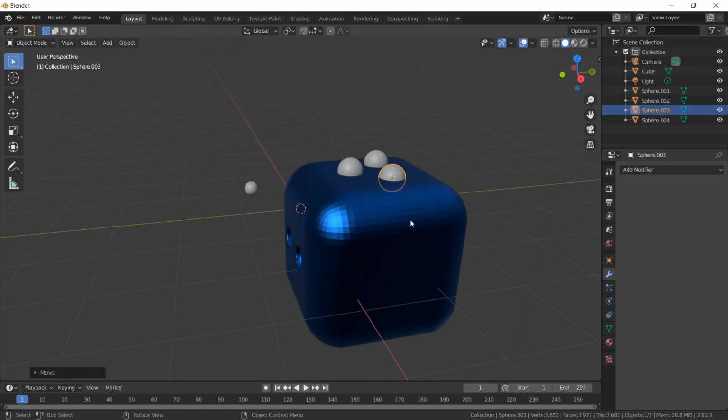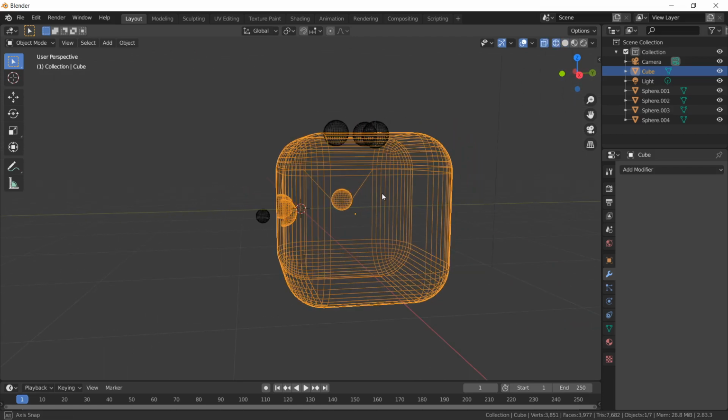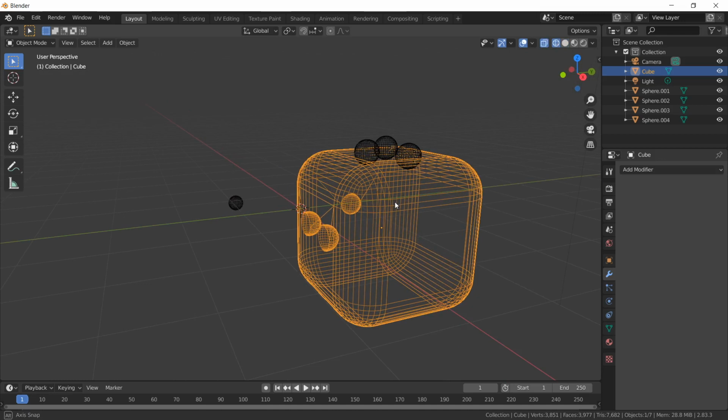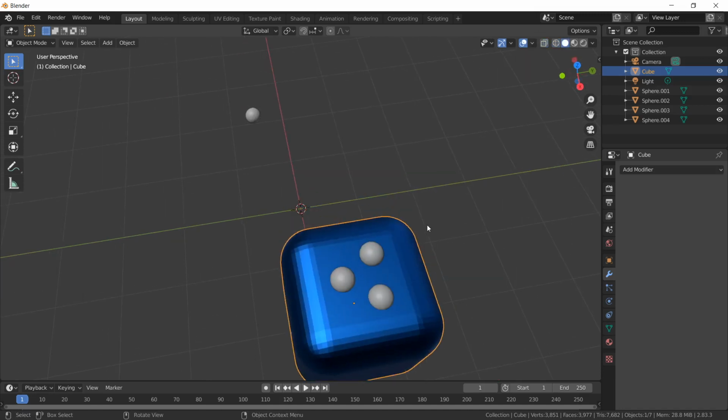To confirm whether it is inside the cube or not, we'll go to wireframe again. Now I can see that yes, half of all the 3 are inside the cube. Now if you see, because I have applied the Difference operation, this inner part has become a part of the cube. So I can see 3 spheres here separately and these semi-spheres inside as a part of the cube. Let us try to apply the operation again over here.